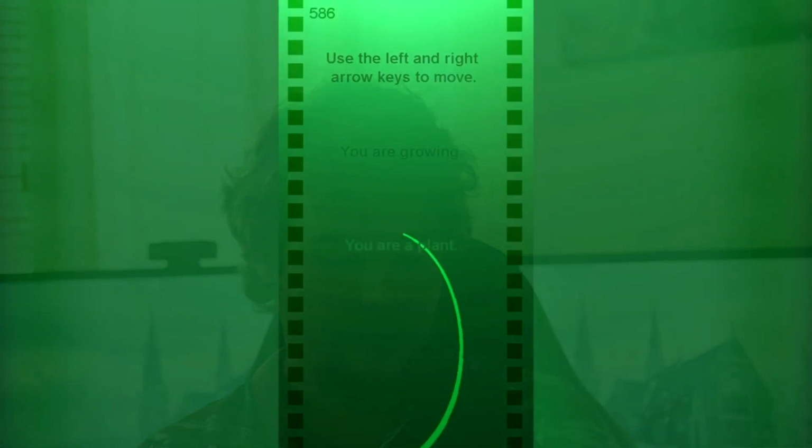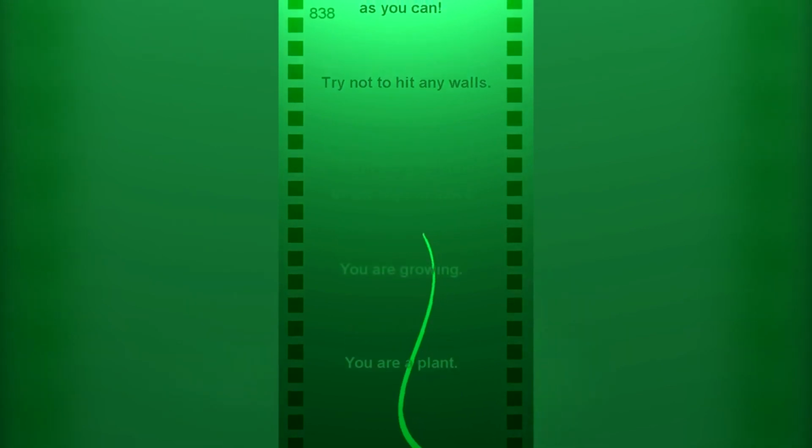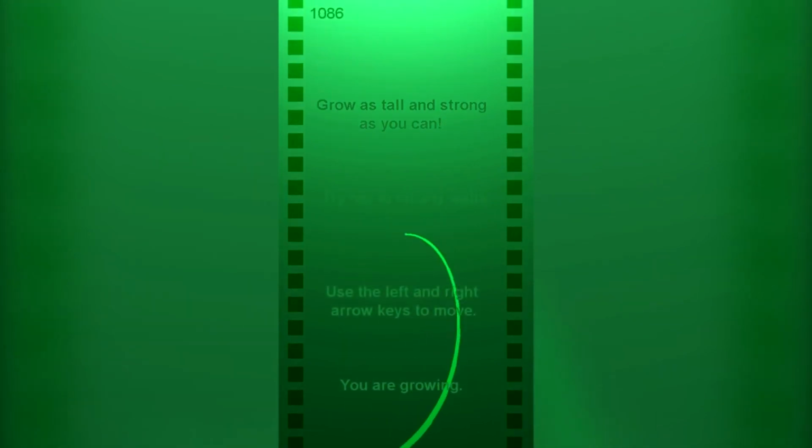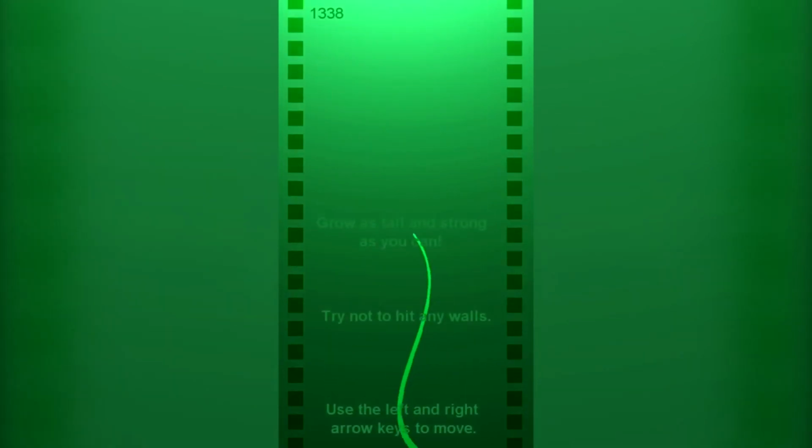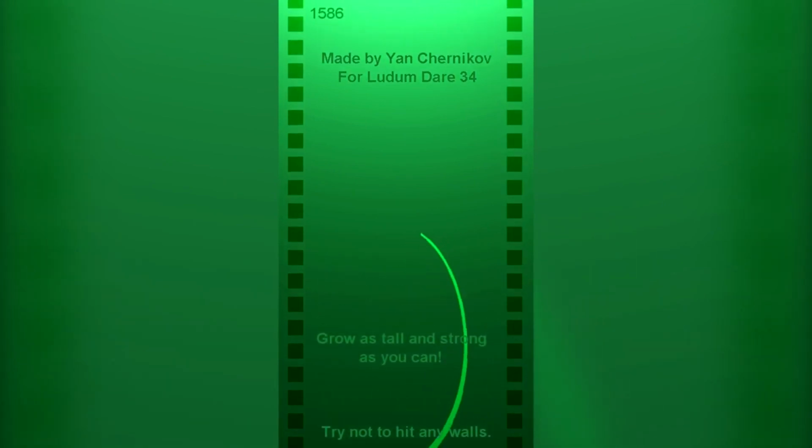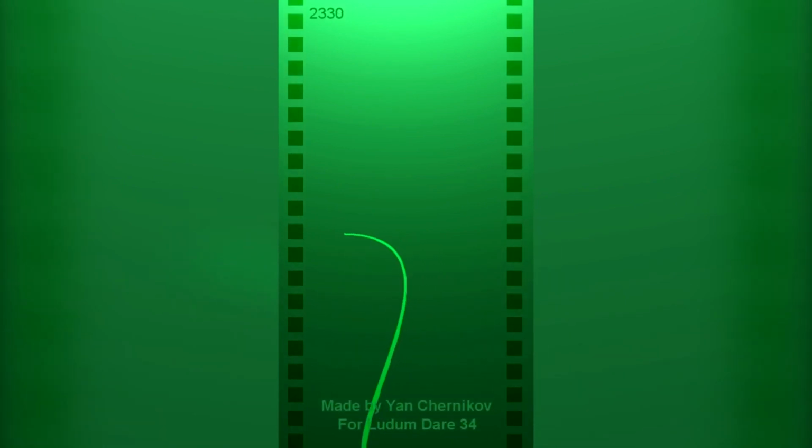So for Ludum Dare 34, I wanted initially to use Unreal, but I ended up using Java, just pure Java with a little software renderer that I wrote because of the idea that I had. But unfortunately for Ludum Dare 34, as I mentioned in the Ludum Dare 34 video, I only had around 1 day to work on it instead of 2, because it was just a very busy weekend for me,